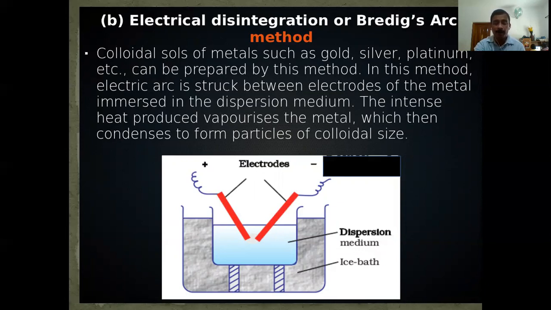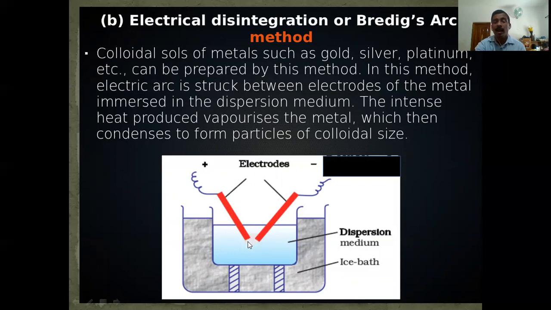If you want to prepare gold sol, take gold electrodes, and if you want to prepare platinum sol, take platinum electrodes. So here, if you are preparing gold sol, take two gold electrodes and arrange them as shown here. You can see these ends are very close to each other. So when electricity is passed through these electrodes, a high potential is applied, and an electric arc will develop